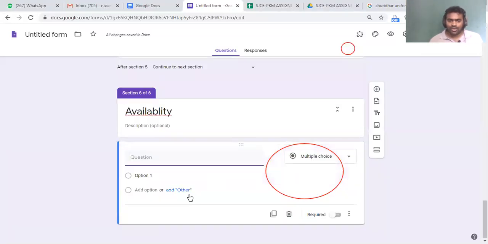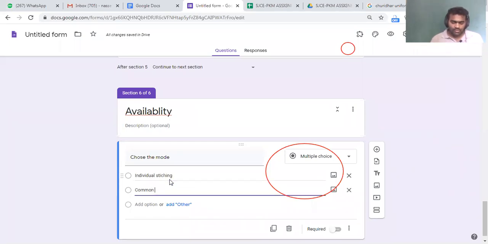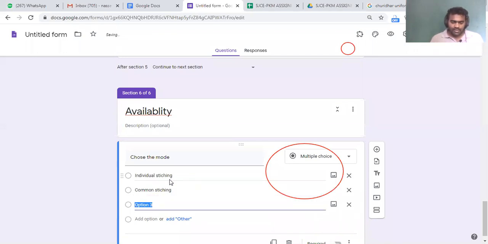Pardon me. Anyhow, I'll add, choose the mode, like personal stitching, individual stitching, common stitching, and ready-made.